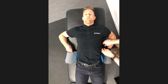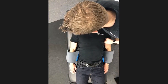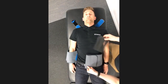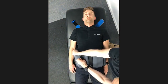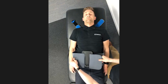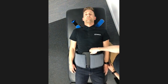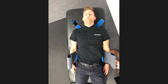So we're just giving those two belts a pull either side, and I'm just going to slide these up just to make sure that they're positioned correctly. Perfect. Okay, so next we're going to go to the fitting tool, and you can see we slide this across the front. You don't have to use this, but it does make it a little bit easier. If you request, we can actually send those out to you. And you can see that we don't actually have to trim these if we don't choose to. So very quickly, anteriorly, we've been able to adjust the belt in order to make sure that it's trimmed to the correct size. We can now take that fitting tool out, put it to one side,